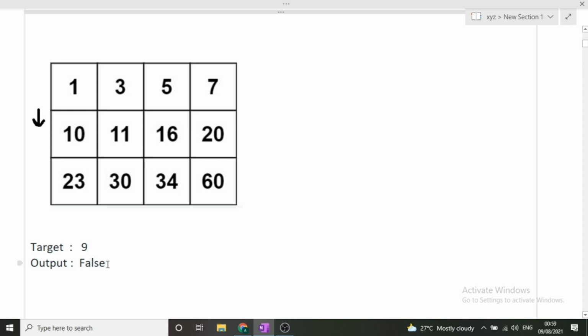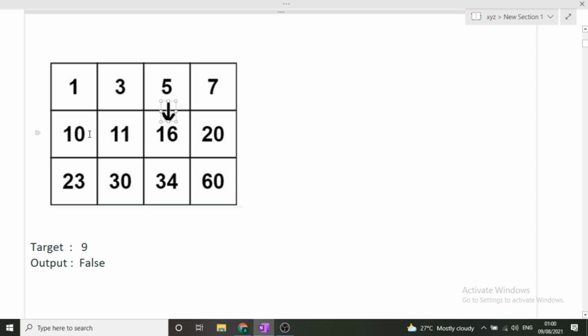So I hope with these 3 examples, the things are clear to you, and you will be able to write the code. I will show how to write the code in this video only. There are simple steps that we have to follow. We have to always start our searching from the top right corner. Whenever the target value is greater than the current value, we will keep the column same and move to the next row. And whenever the target value is less than the current value, then we will keep the row same and move towards the left side of the same row.